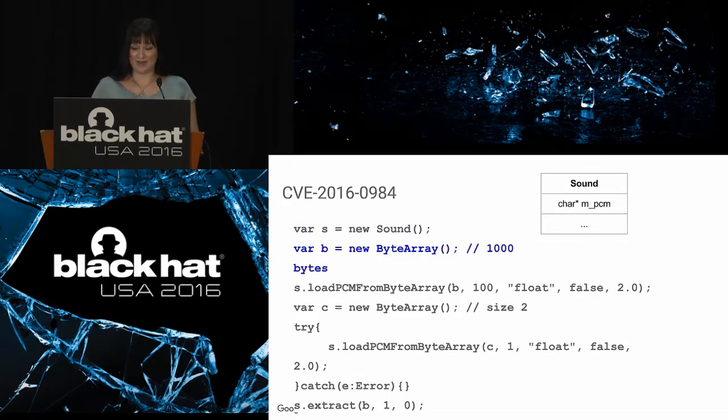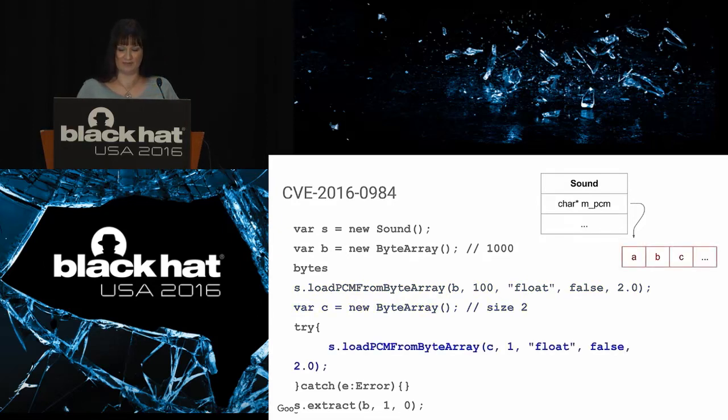And what this does is it tries to take this array you provided and copy it into memory. So it does this, and then that call is fine, and then you create another byte array. And this one is only 2 bytes long. And then you call this vulnerable function again. And of course, this isn't going to work, because 2 bytes isn't even long enough to create one float. So this will throw an exception. Except before that exception gets thrown, you've freed the memory that was allocated previously to hold the PCM array. So now you've left this function, but you have this dangling pointer to memory, and then you can call the extract function and read these values out of memory.